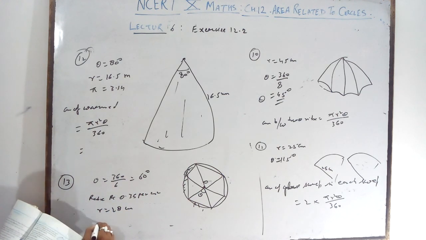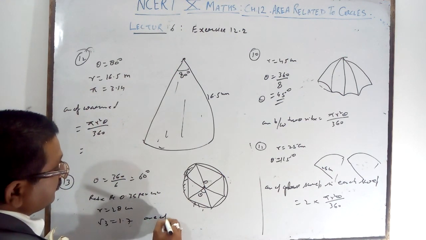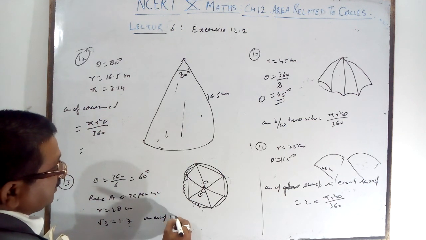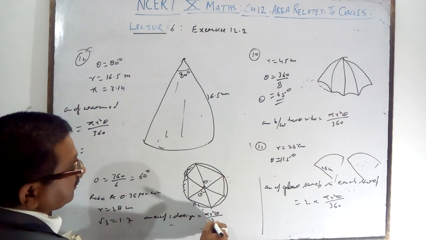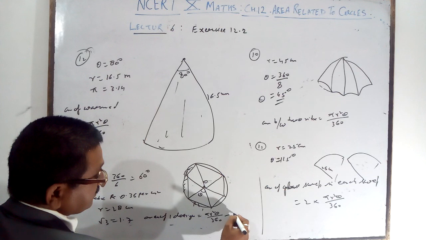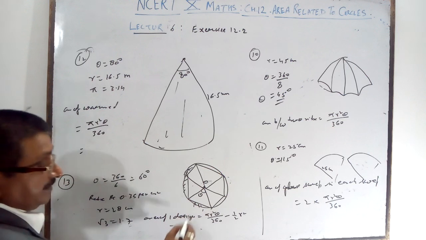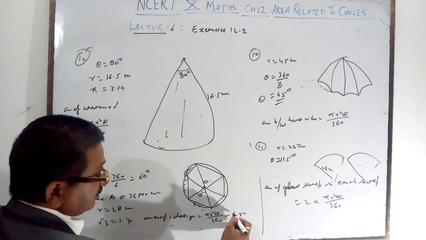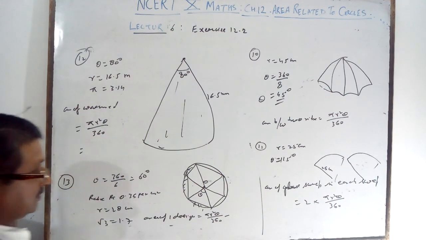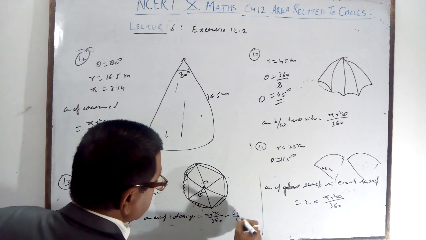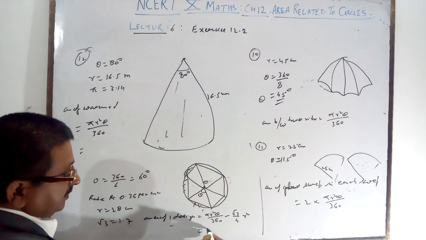Pi is not given. Root 3 is given as 1.7. So the area of one design is pi r square theta by 360 minus half r square. This design is a segment, not a sector. So for the area of the triangle, not half r square, because theta is 60 degrees, you apply the equilateral formula root 3 by 4 r square. Put the values here and find out the area of one